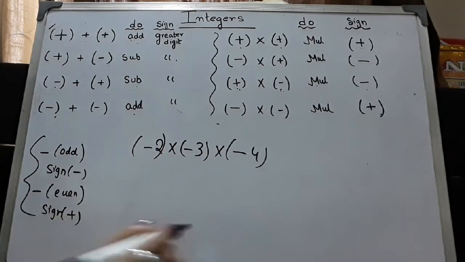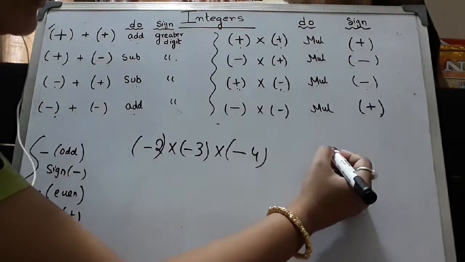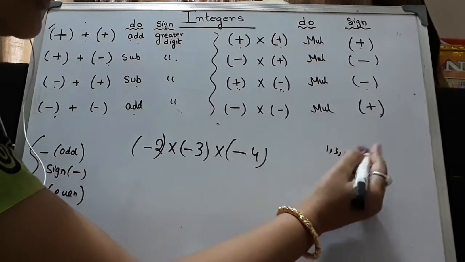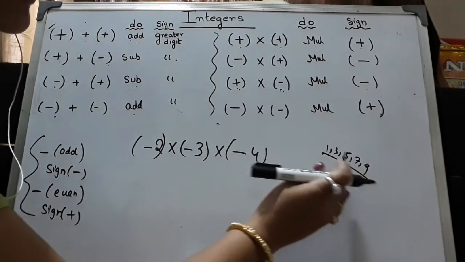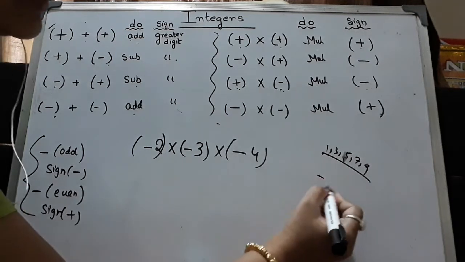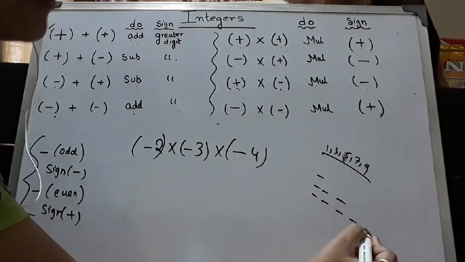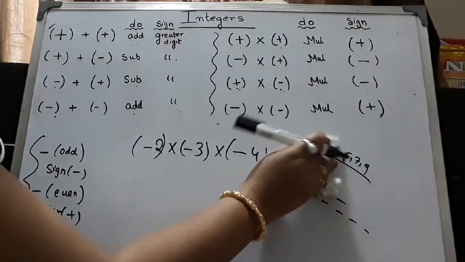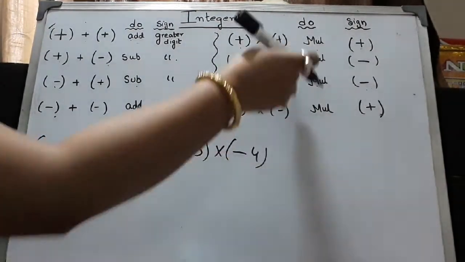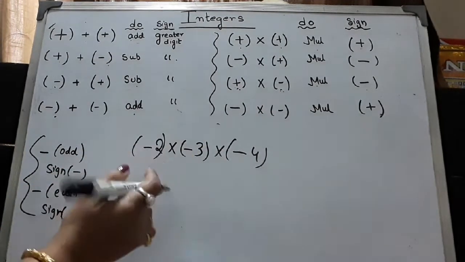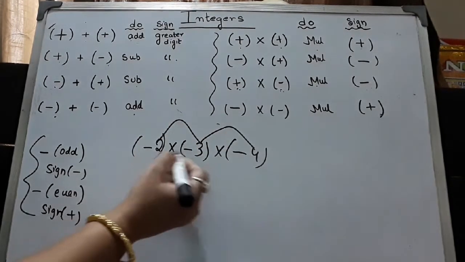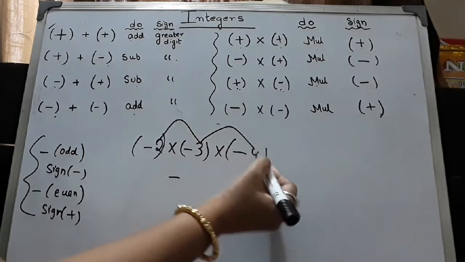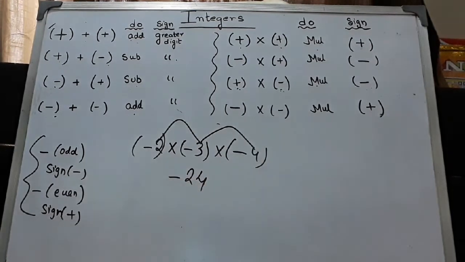So, here odd number times, I hope you know what is odd number, what is even number. Means 1, 3, 5, 7, 9. These are odd number times. Okay. So, these are odd number times, means minus sign is there 1 time, minus sign is there 3 times, minus sign is there 5 times. Like this if you get, directly, no need of counting anything, just put minus sign. So, same here odd number times, so I will put directly minus sign and I will multiply this. 2 into 3 is 6, 6 into 4 is 24. That's it. I hope it is clear.